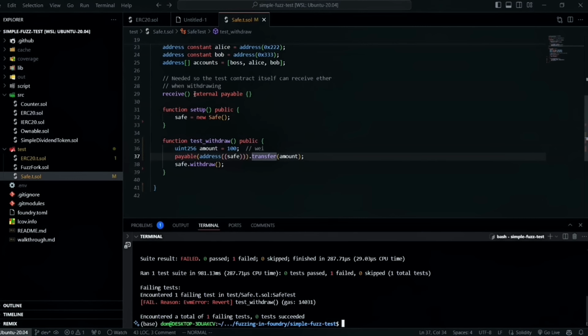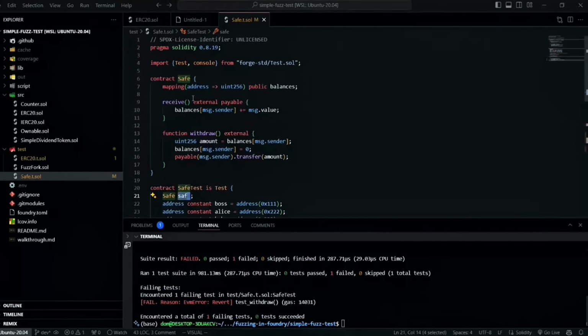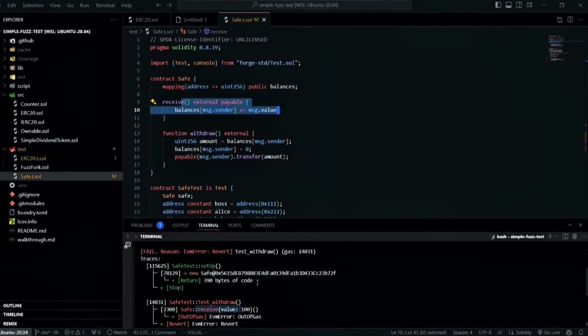Okay, so what's going on here is I'm basically having this transfer here. I'm transferring that amount to the safe. The safe contract is here. It takes the ETH. There's no issue. And then